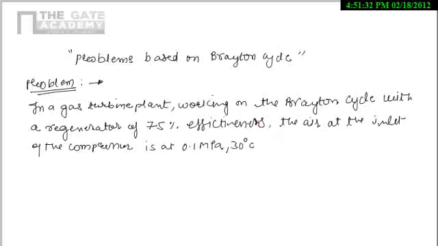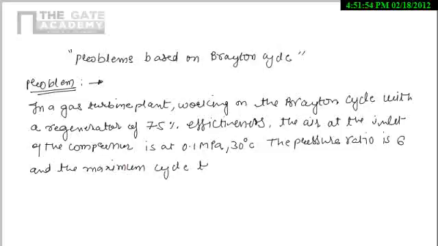The pressure ratio is 6 and the maximum cycle temperature is 900 degrees centigrade. If the turbine and compressor have